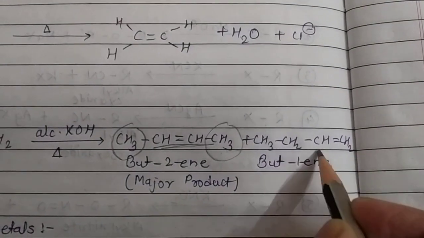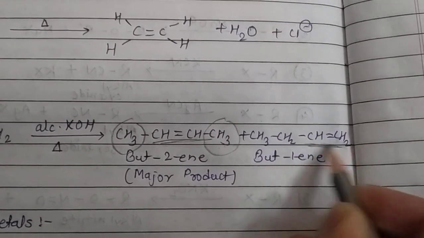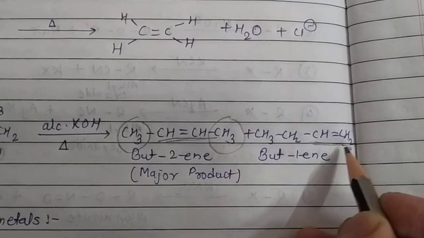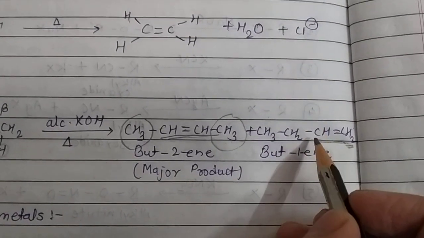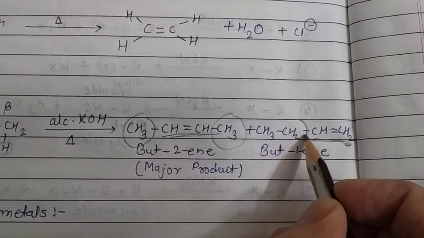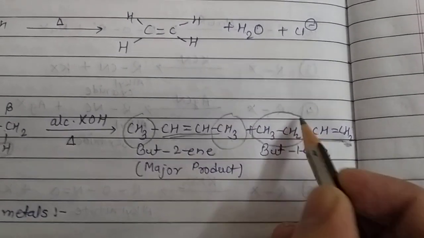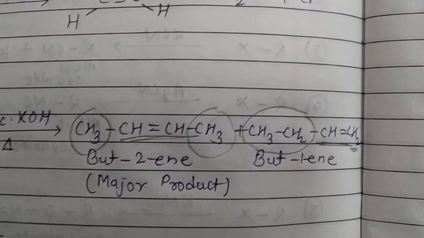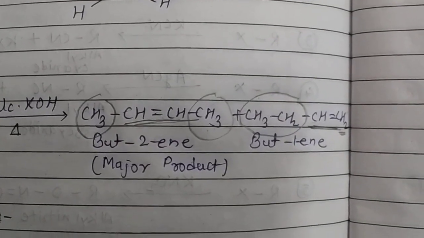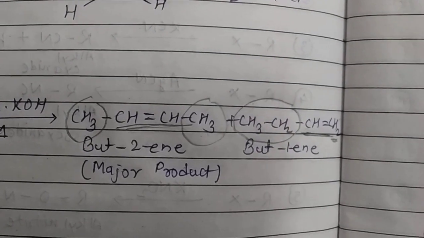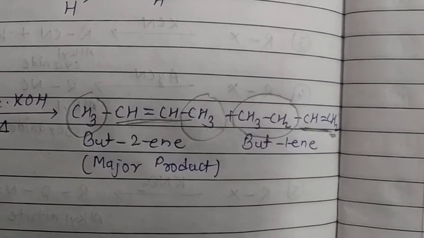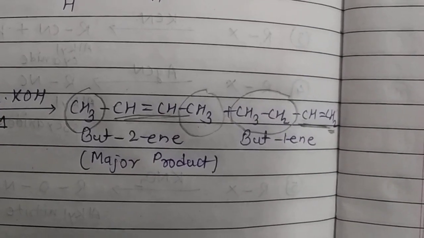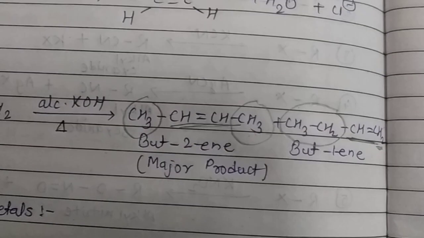And see but-1-ene, so this is our carbon-carbon double bond. Here there are 2 hydrogens, so they are not substituents, they are just hydrogens. Then this carbon has a substituent of ethyl, but there is only one substituent, that is the ethyl group. So but-1-ene is monosubstituted, and that's why it is the minor product. So the one which is more substituted will be the major product according to Saytzeff rule.